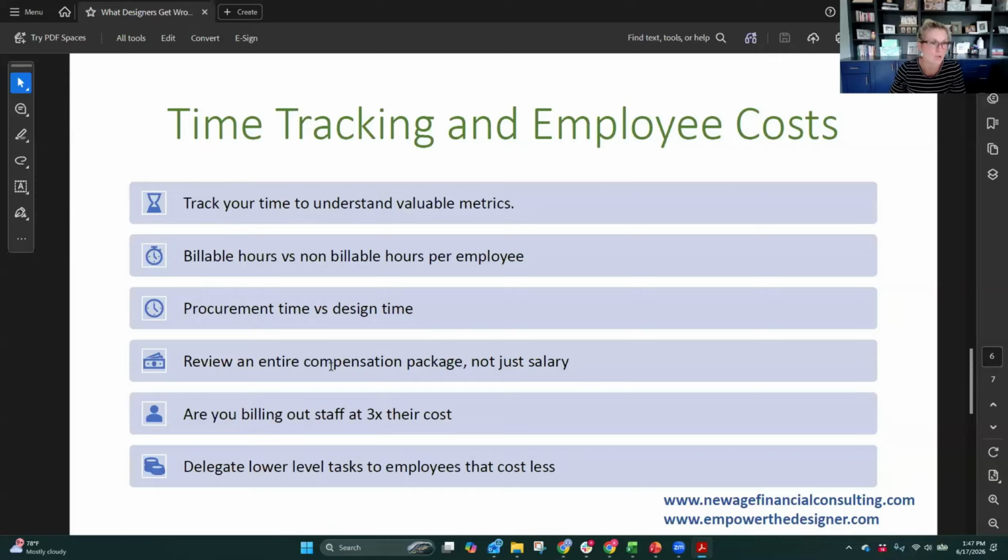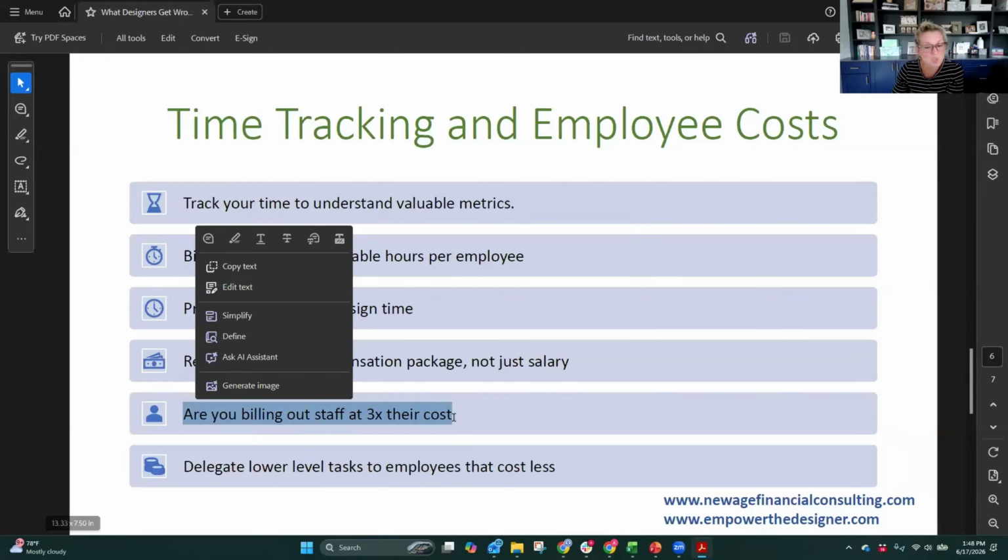So when you're putting together a comp package, make sure you're really thinking through all the things that you cover. For example, we offer an accountable plan for all of our staff. We're all remote and everyone works from home, so it's an opportunity for the team to go through their home office expenses and submit them back to the company to be paid tax-free. That would be part of somebody's comp package. I would include that in my Excel chart. This is a great number to keep in mind.